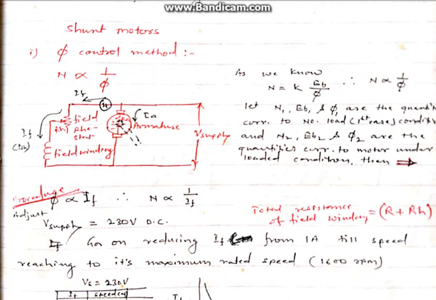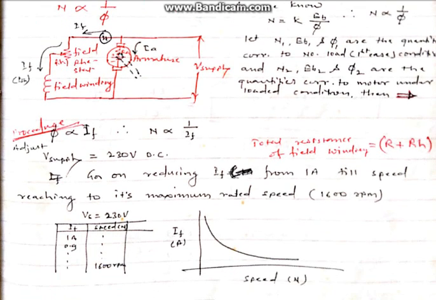If you decrease the resistance, that increases the field current, that increases the flux, and that decreases the speed. In this fashion, by controlling the current flowing through the field winding, one can increase or decrease the speed of DC motor. So this is called the flux control method. Graphically, it is represented as, if we increase the field current, that